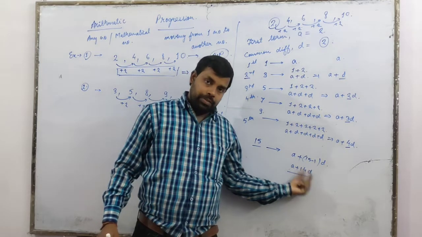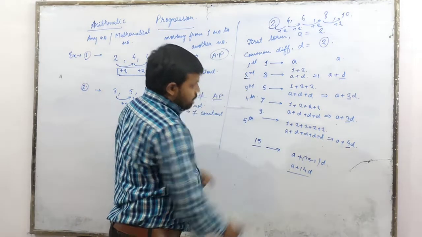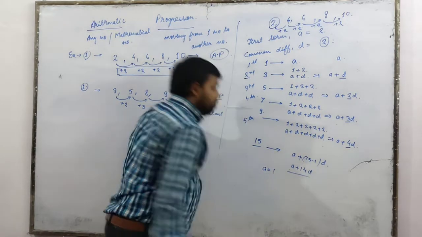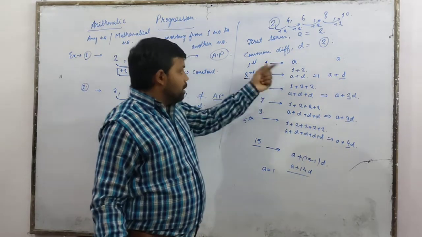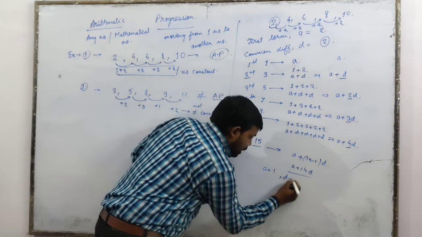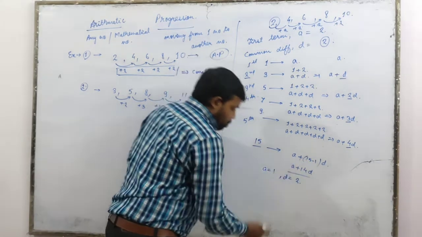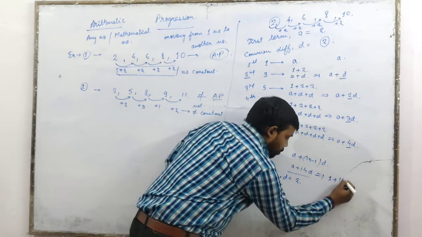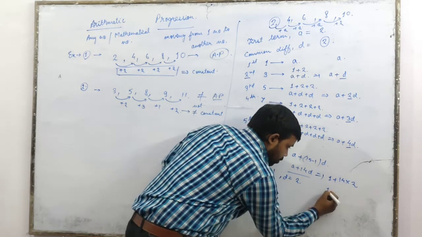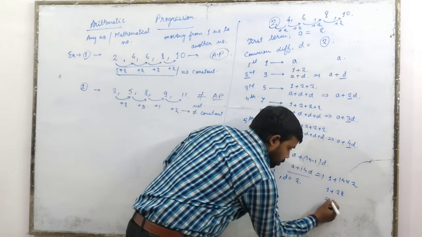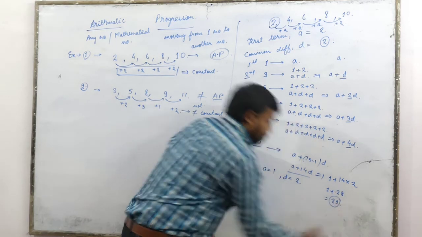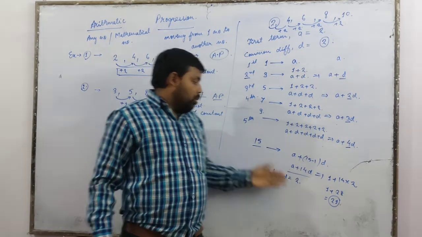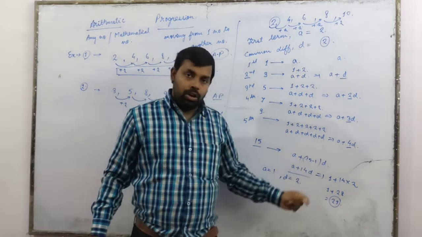So let's find out what is the 15th number. In this particular series, you will notice the first number is A, so the value of A is 1. And the common difference among the numbers is D, that is 2 here. When we put it in A plus 14D, we get 1 plus 14 into 2. So this is 1 plus 28, so it is 29. So this is how, if we understand what a series is, we can find out any particular number of that series.